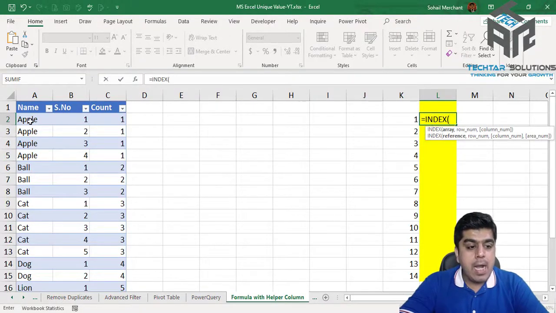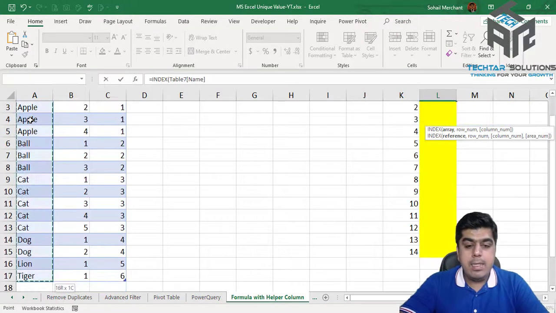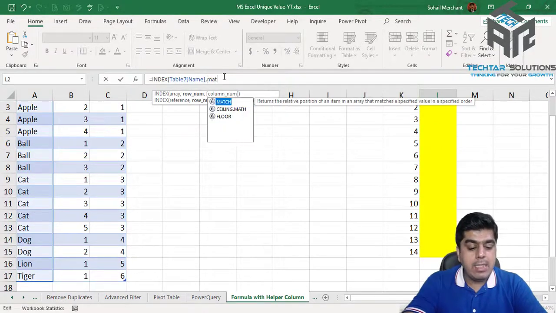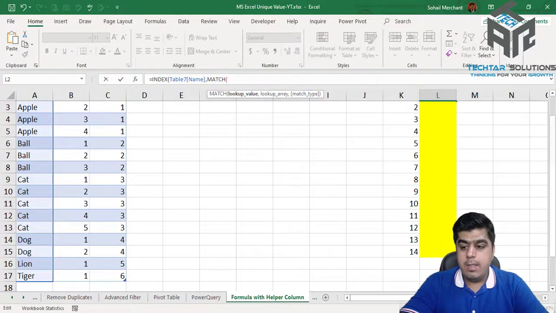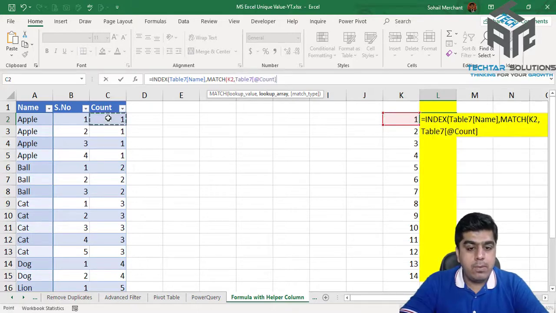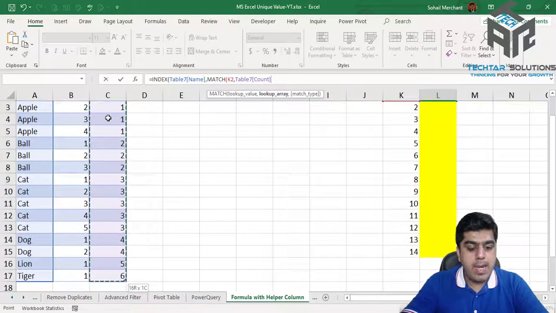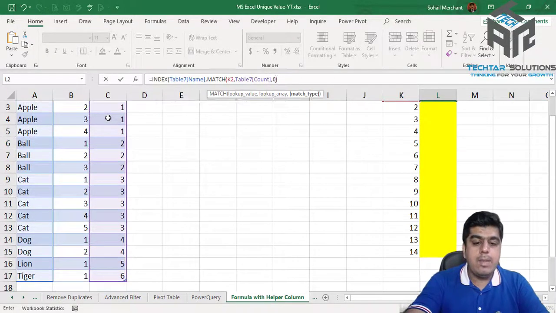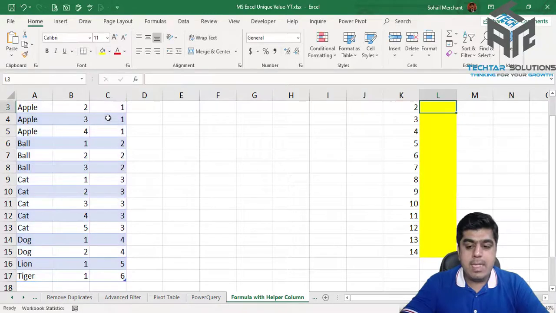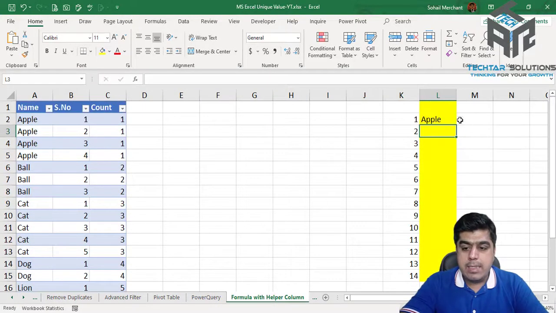What I need is my name, and I want it to match with my serial number of column L with the serial number of count, and this is my lookup array, comma 0, parenthesis close for the MATCH and parenthesis close for the INDEX. Press enter. Now drag this down,